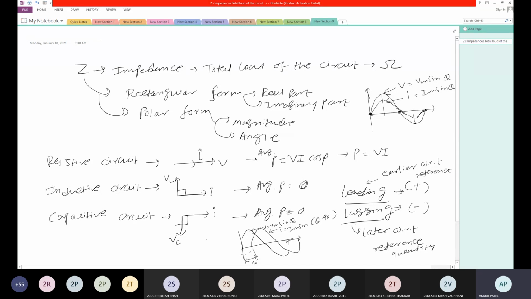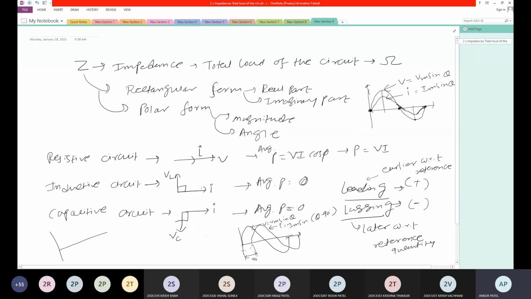And for a capacitive circuit, I can draw this as current leads the voltage. So I can draw like this. This is your current attaining its zero and maximum value earlier. This is your V, this is your I. So I equal to Im sin theta plus 90. V equal to Vm sin theta. Here we are not doing anything because it is the reference quantity, starting from 0 to 360 degrees. So V equal to Vm sin theta, and here current leads, so that's why it is theta plus 90 degrees.